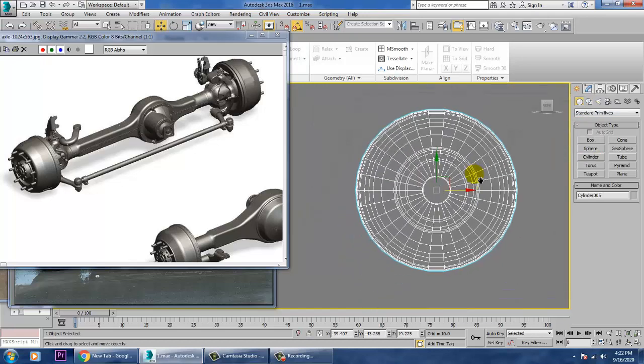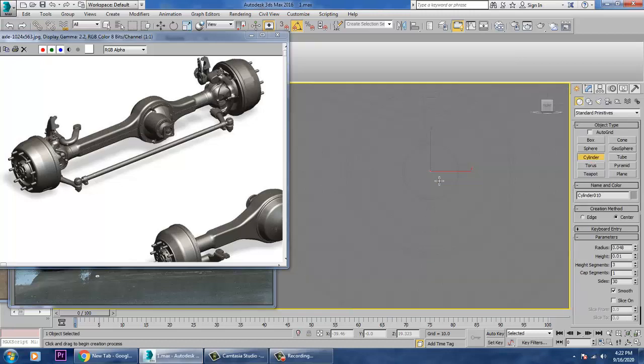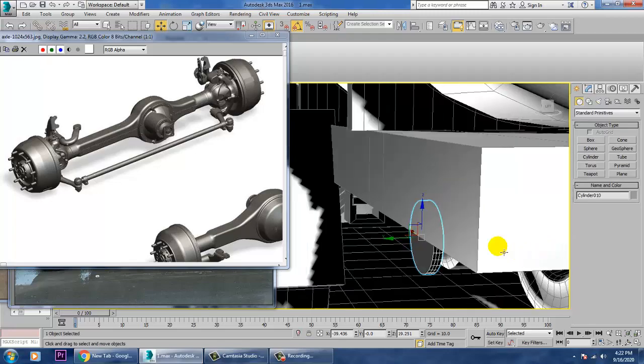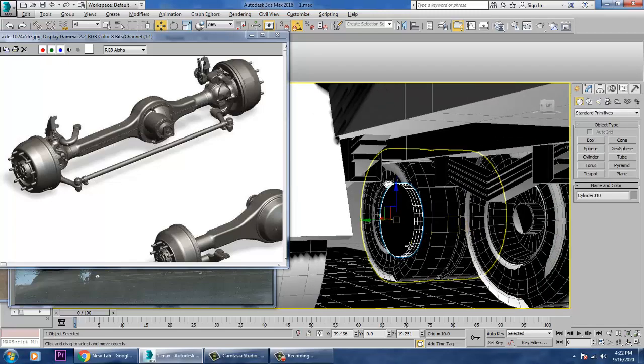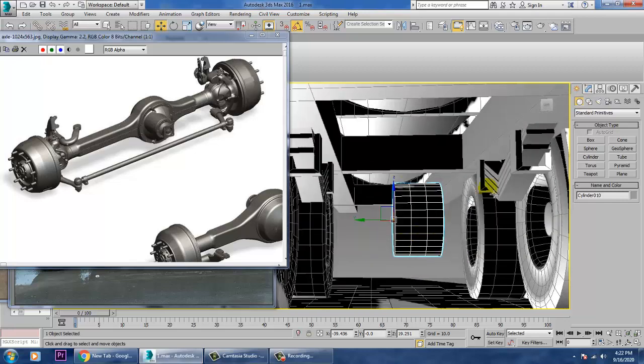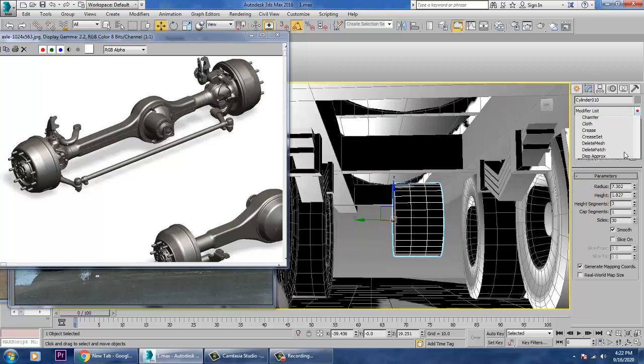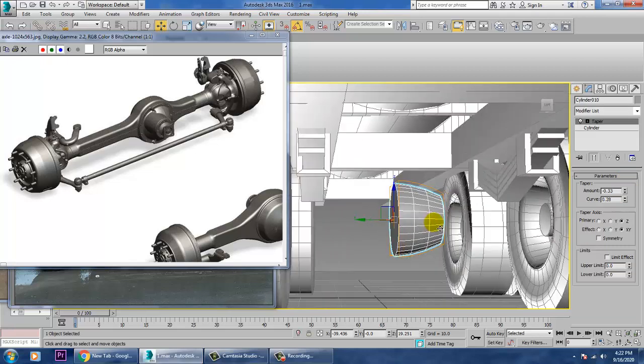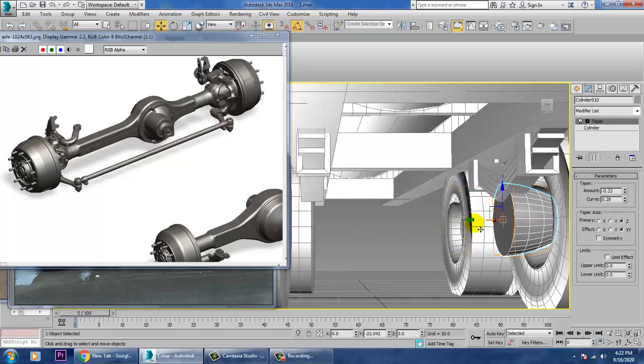After taking this cylinder, let's select the cylinder and just scale it over here, and I'll go into this and give a bit of a taper modifier. I'll just give a bit of a taper in this way. Perfect. After giving this taper, we'll just push this in this way.